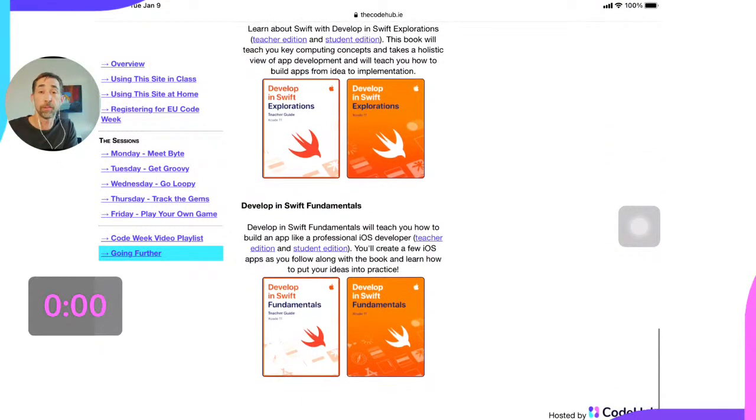And then if you're going even further, there's starting to build real apps with Xcode and the tools that professional developers use every day. So that's where you'd go further. Let's go back to Sweden and check out how the guys are doing and see what kind of stuff they've come up with.